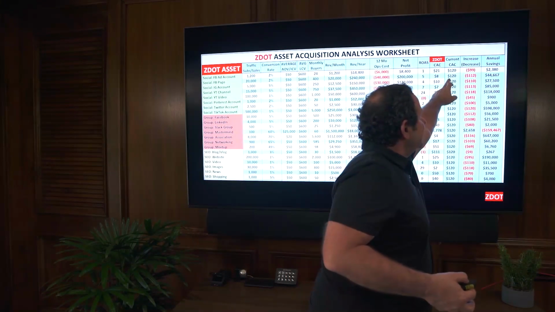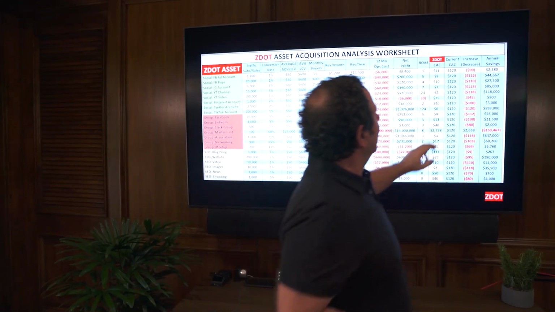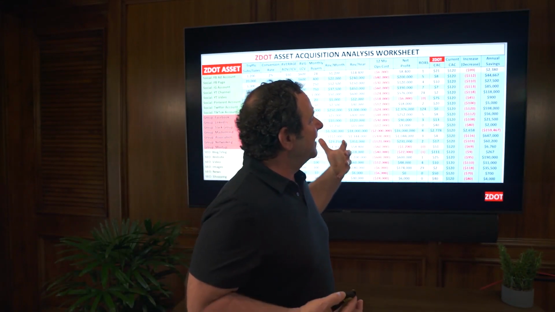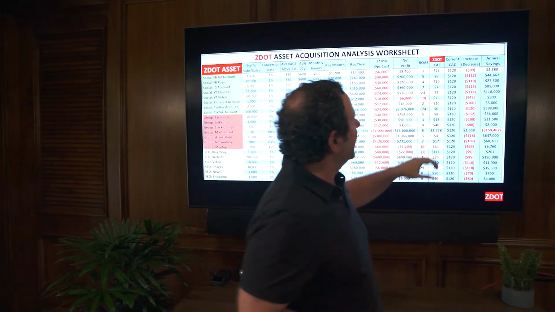right? Before, our CAC was $120. So we're going to decrease our customer acquisition cost by $112 in that case. $112. That's huge, right? So that's the benefit of owning these assets as opposed to renting them. And you can see the annual savings there,